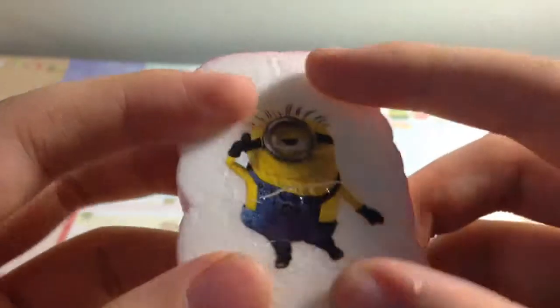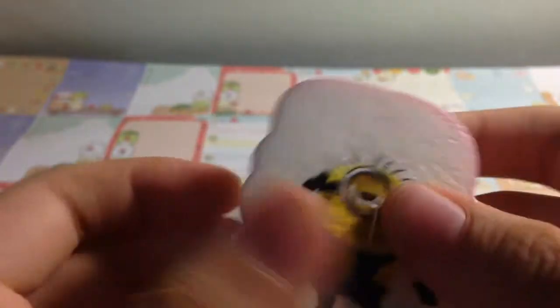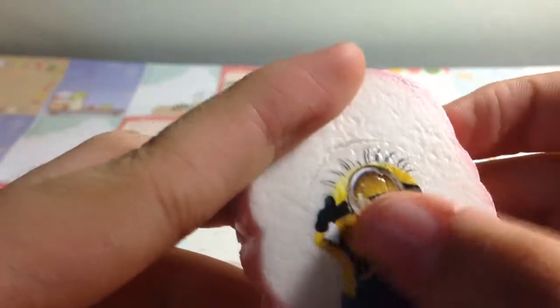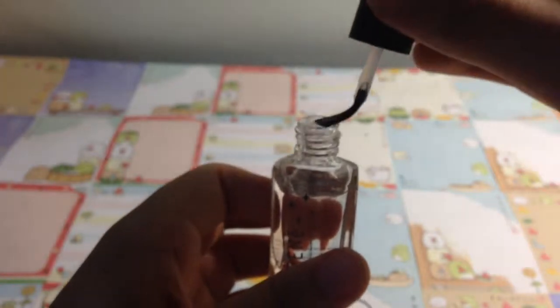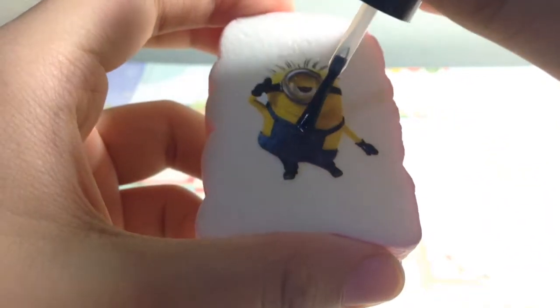So in this video, I'll be repairing this Minion Toast squishy. There are rips over here and another one here, some kind of rips. And I'm just going to coat the rips in nail polish. You want to brush some off so that there's not too much nail polish. What I'm going to do is brush it on the squishy itself,